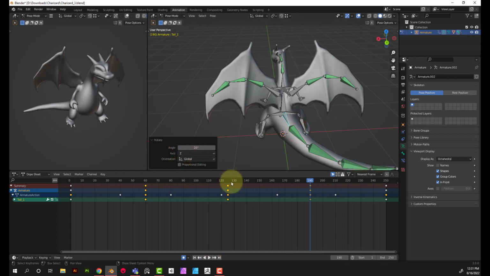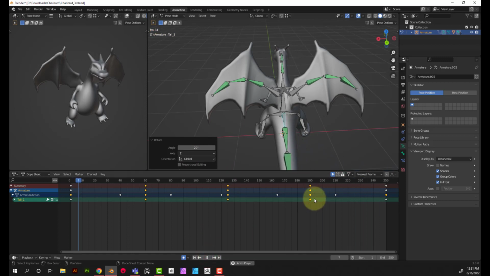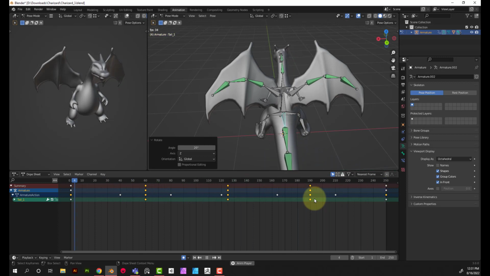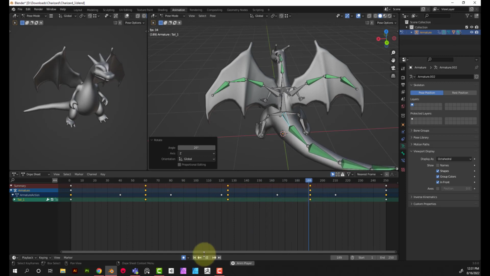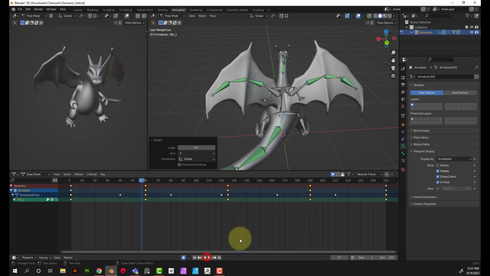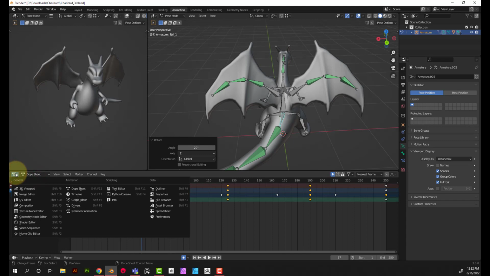So let's go ahead and see how this looks. It's just a large, methodical swaying of the tail. That's kind of my thought of it. Nothing too crazy. So one thing that I have noticed here is that it is kind of pausing right at this frame. It pauses for a second and then continues. And so that's the ease in, ease out,